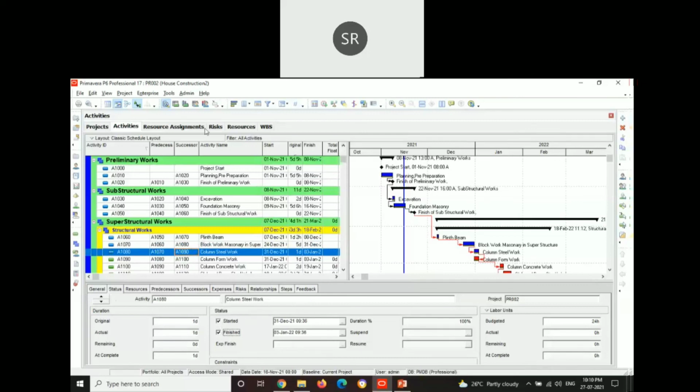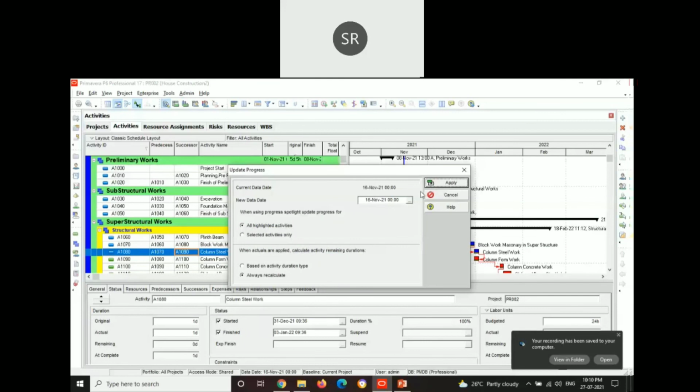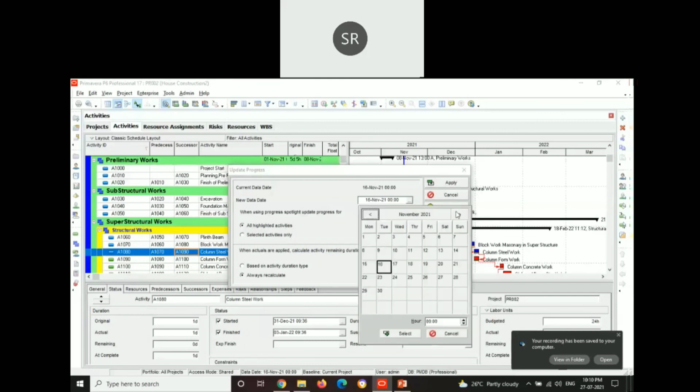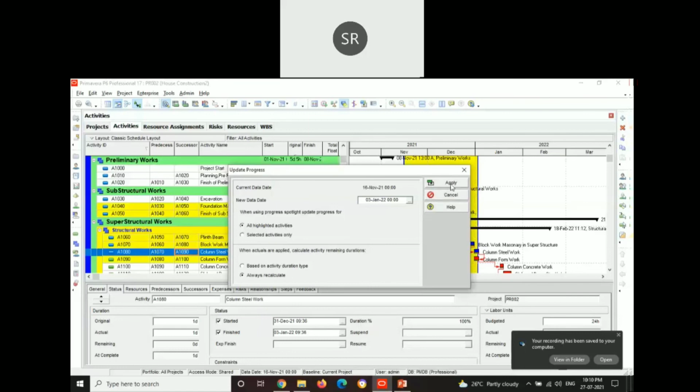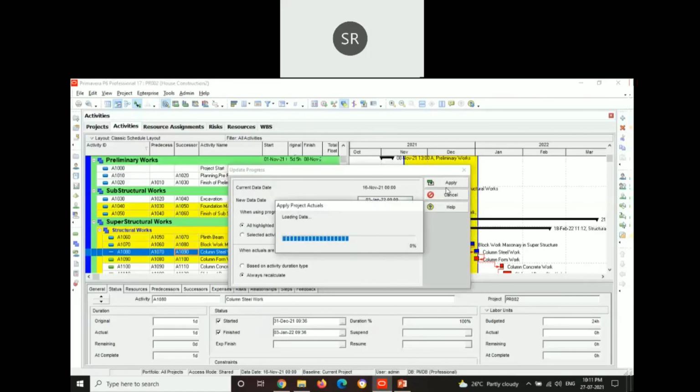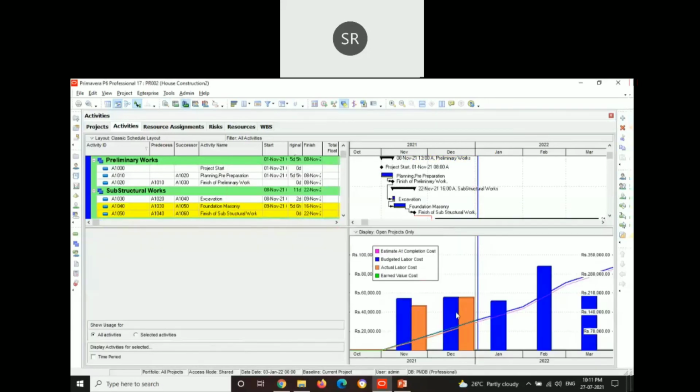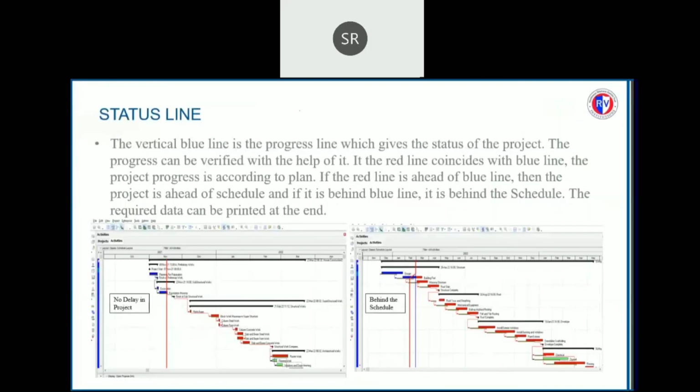If we update progress until January 3rd, let us see what happens. Here we can see that the actual labor cost has been calculated for November and December, and the project has been completed until December. In this way, we can get the budget for each and every month.